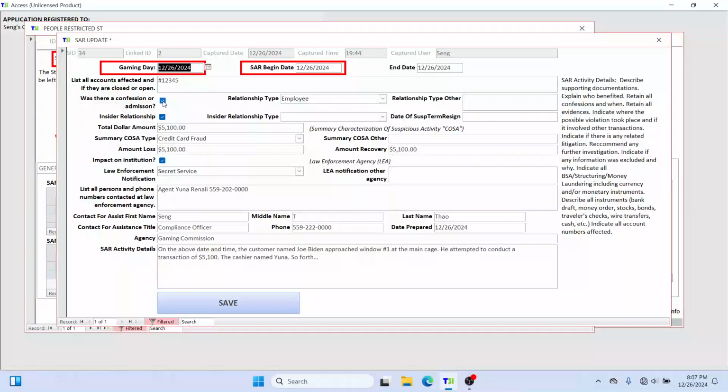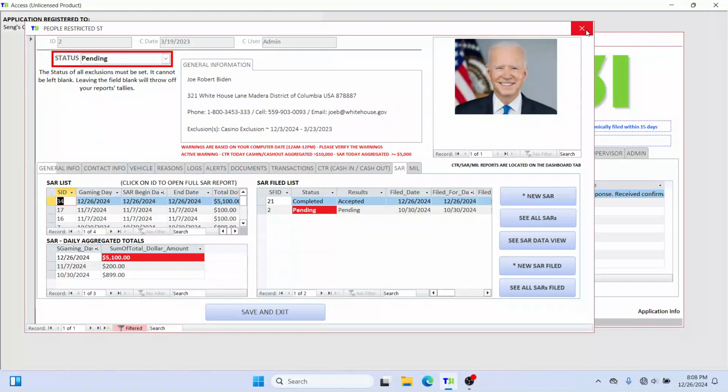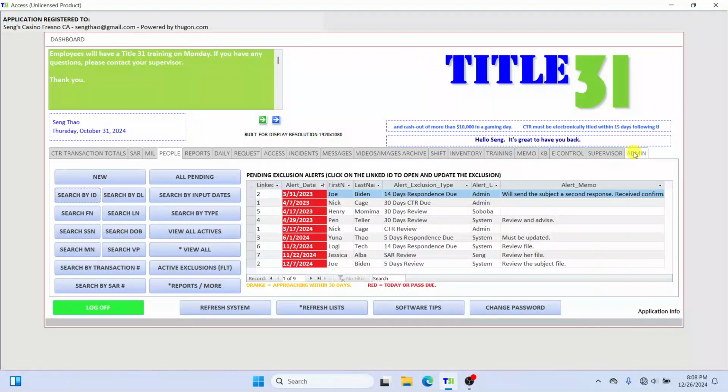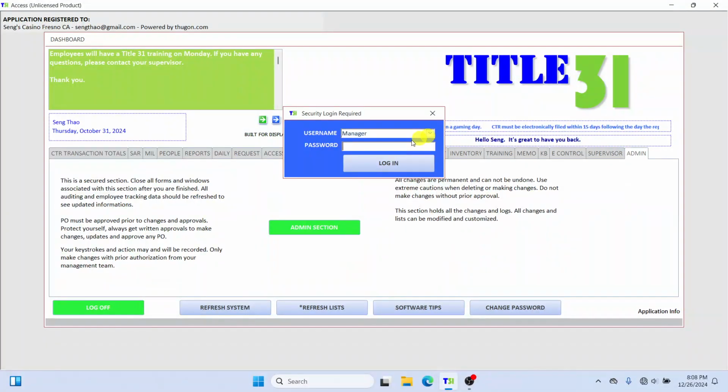So for example, if I uncheck these right here, this is the confession or omission and the insider relationship, I'll uncheck those. The way this format was designed is based off of the FinCEN XML 2.0 schema, so all of these fields were pulled from that format. I'll uncheck those and exit out of that and exit out of that. Let's go back to the admin side here, so you can see